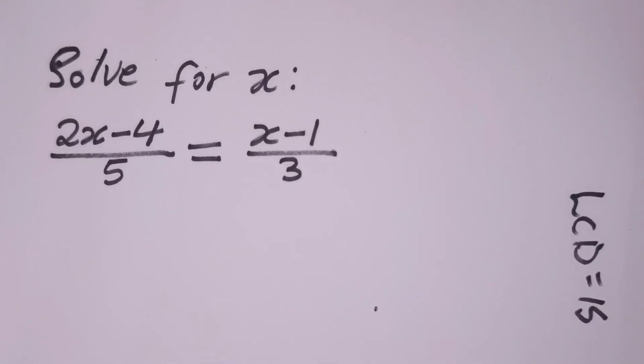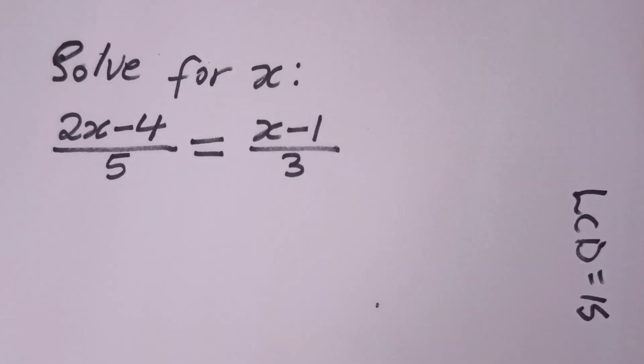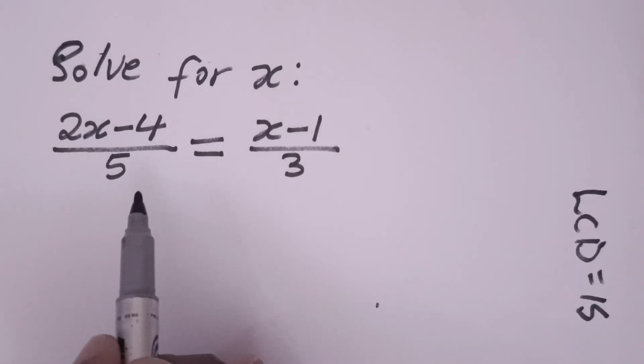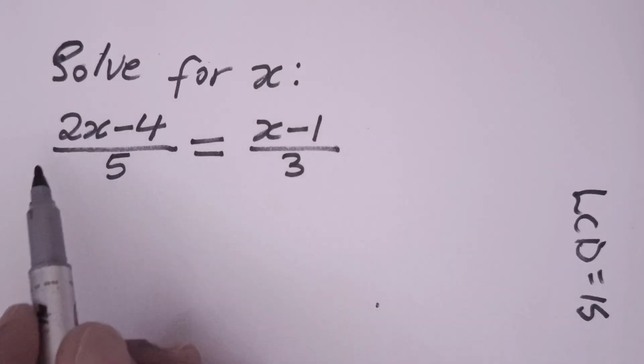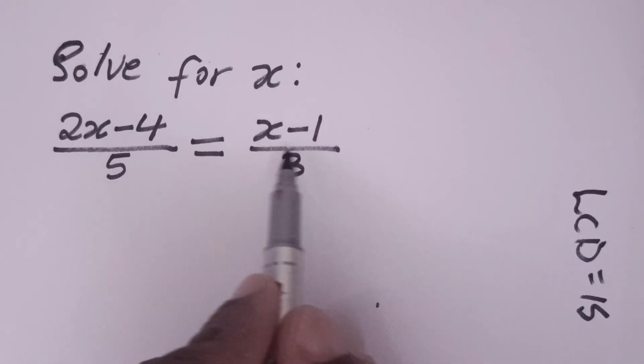Solve for x. 2x minus 4 over 5 equals x minus 1 all over 3. I was starting and I made a mistake, but the LCD is 15. The LCD is 15 because remember we have to multiply everything, each term, this term and that term by an